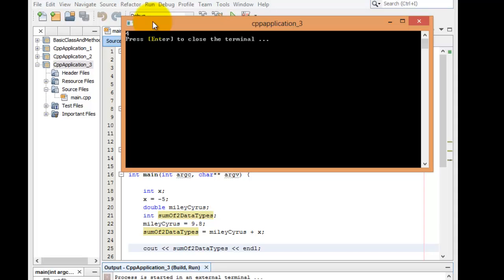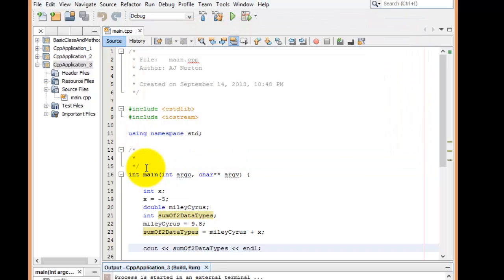So an int. So even though the answer in all mathematical sense would be 4.8, the decimal gets completely cut off. There's no rounding. The decimal just gets cut off because it's converting to int. So even if it's 4.999, it will be converted to 4. It just chops off the decimal and says, make me an int, and prints it out. Cool. Okay. So, do you have any other questions, Quinn?